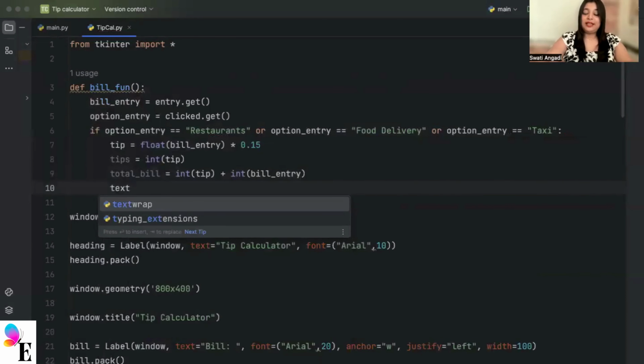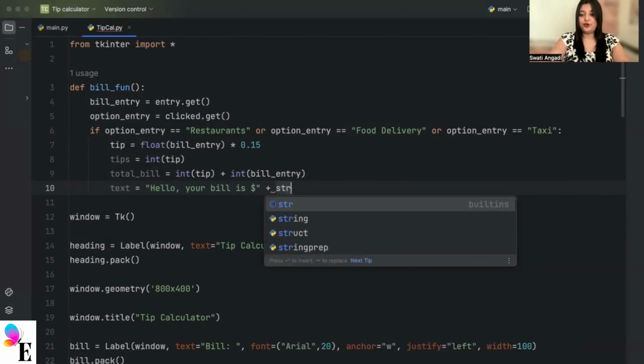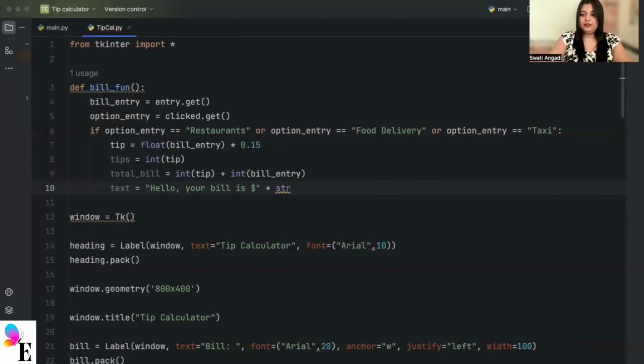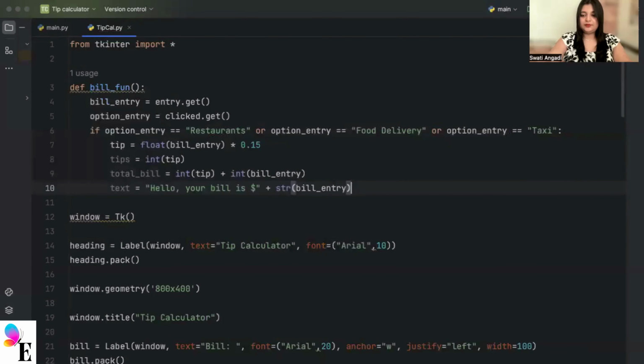So let us write the text you want to display. I will say text equal to hello. Again, you can frame your own sentence. Your bill is, for the moment, I'm doing dollars. Again, you can use whatever currency you want, or you can also add a drop-down menu for your currency too. I'll do the typecasting over here because different data types can be framed as a sentence. So let us make it all string. So I will convert this bill entry to string plus